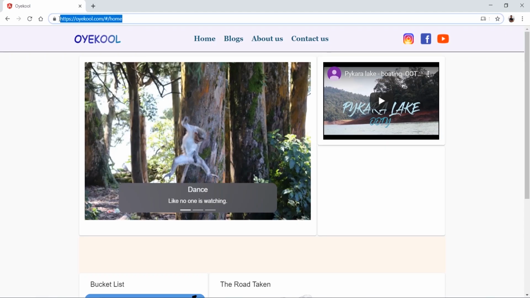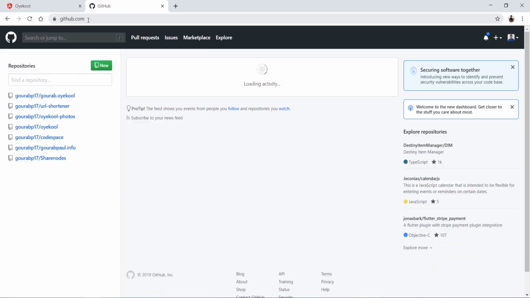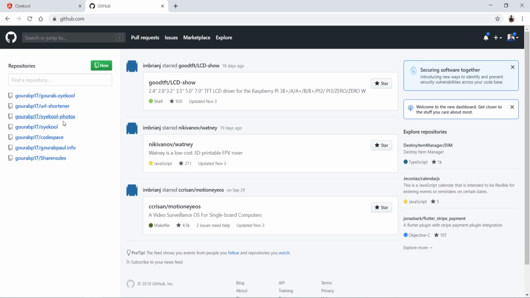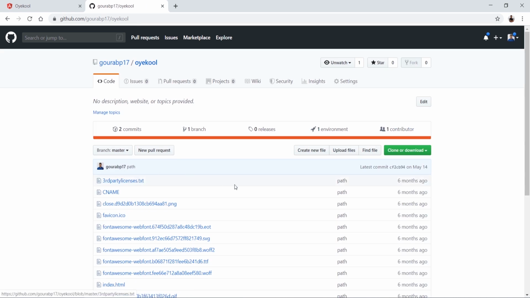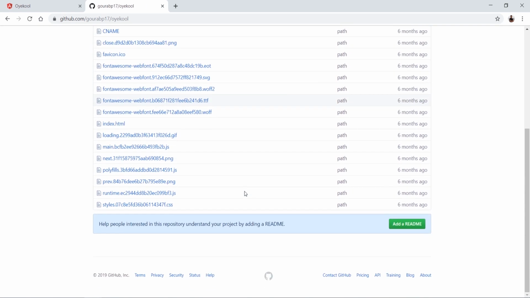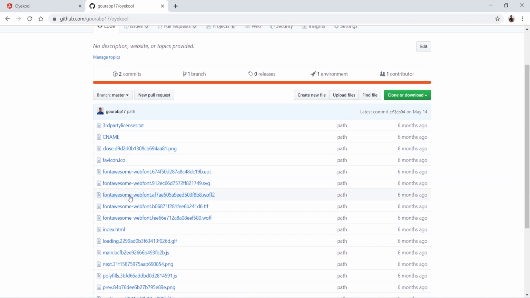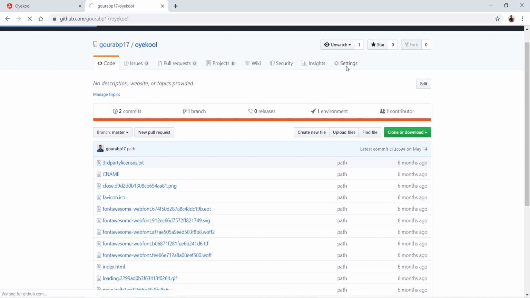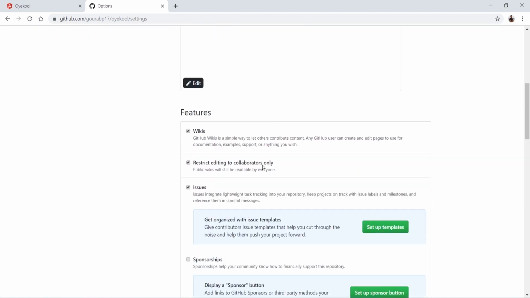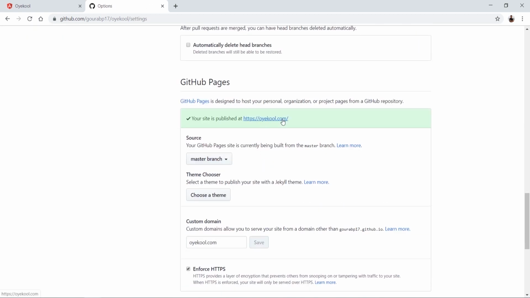This web page oracle.com is being hosted in github.com. This is direct domain mapping, and in my GitHub page under the Oracle repository we can see a whole lot of HTML, JavaScript and CSS files. I have written the complete application using Angular 7. If we go to the settings page, under the options tab we can see the site is published at